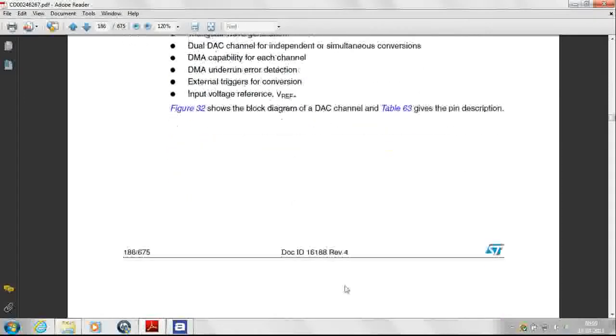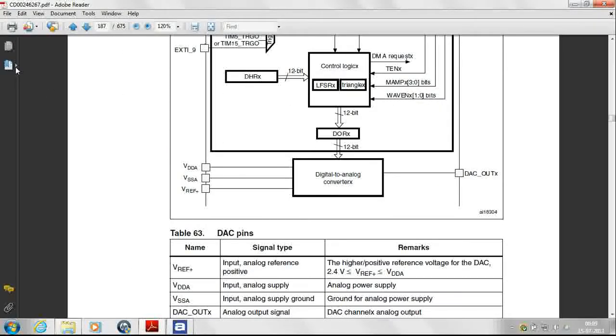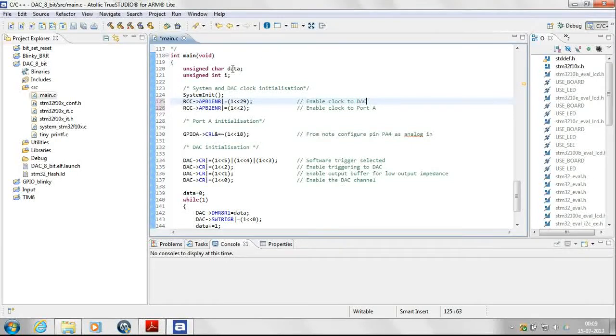So with this small information about the DAC module on board, we'll directly come to the code this time, and the registers I'll explain to you as and when we come across them. So this is the main code which will be running for the DAC. As we see, we start off by having some declarations. We'll come to these declarations a little later. We will first use the system init function as we do in all the programs. This will put the microcontroller internal clock to 24 megahertz. So now the MCU will be clocked at 24 megahertz.